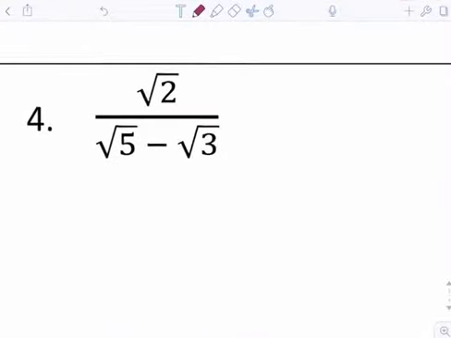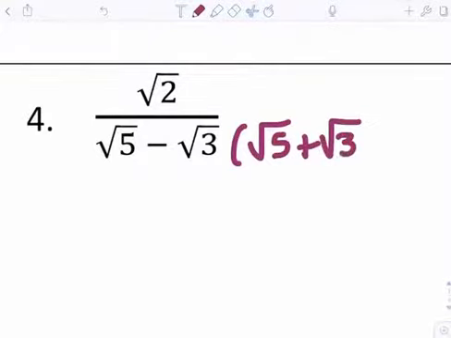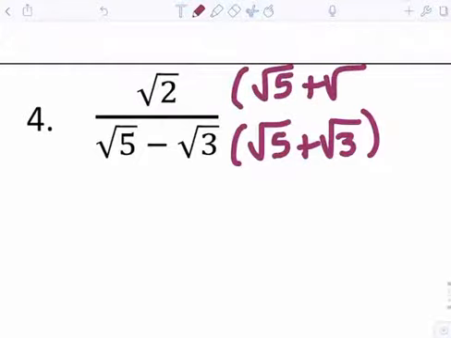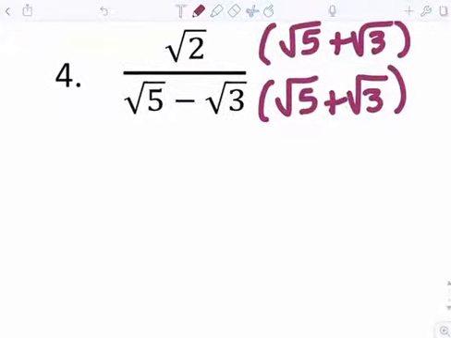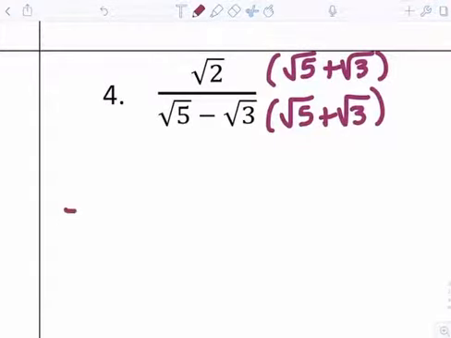Okay, and then number 4. Hopefully you're picking up on what we should multiply by now, right? Square root of 5 plus the square root of 3. So same two terms, different sign, creating a difference of 2 squares. Okay, so in the numerator, when I distribute that root 2, I get the square root of 10 plus the